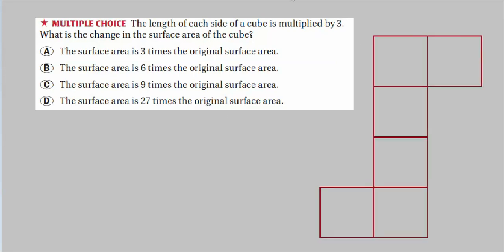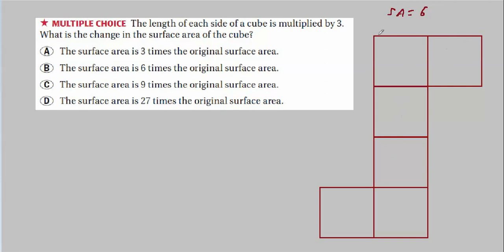Well, here we have a net for a cube. We've got our 4 faces here, and then the 2 sides we could fold up. It will close it off into a cube. And these are all the same square. They're all congruent. That's what it means to be a cube. Let's say they all have side length equal to 1. Well, that means each one of these is 1 square unit, and we've got 6 of them. So we can immediately write that the surface area equals 6. That's 6 times 1, okay?